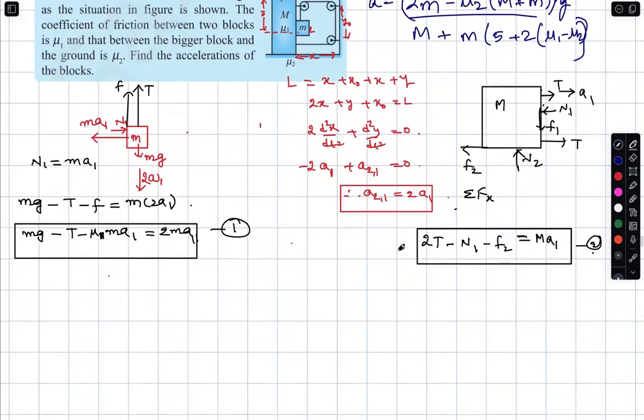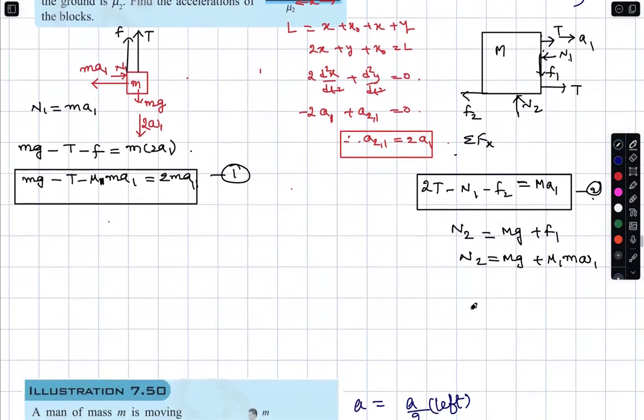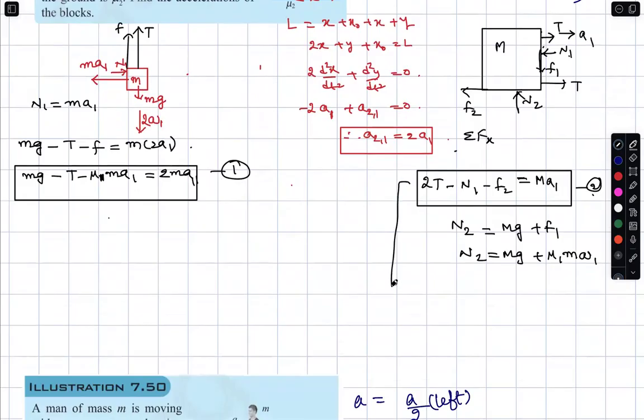Now what is N2? N2 is nothing but mg plus f1, mg plus mu1 ma. So done, N2. Right. Now you take up this complete relation again. 2T minus